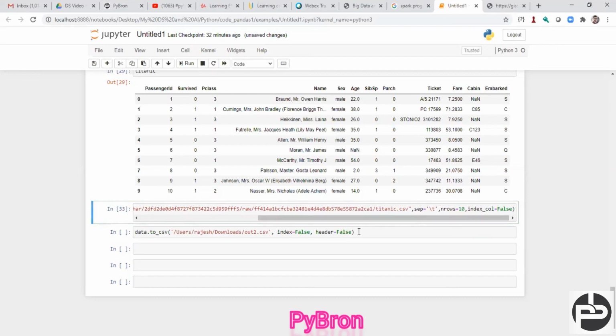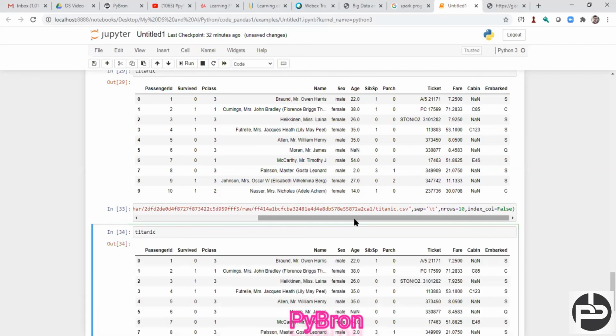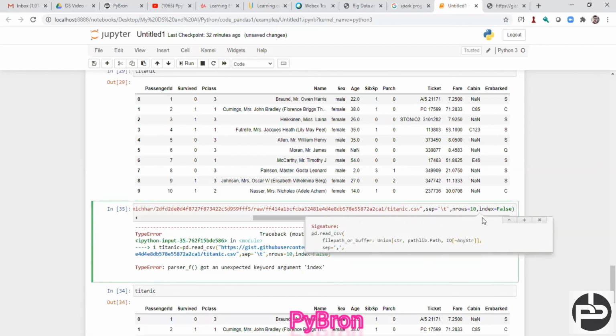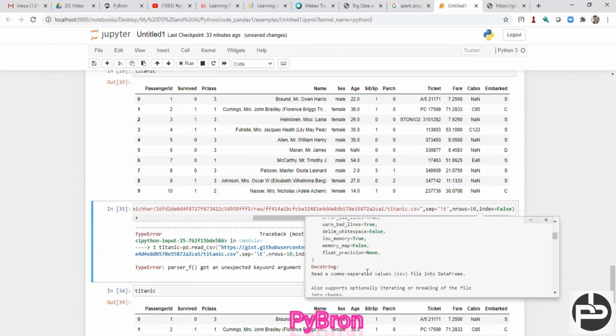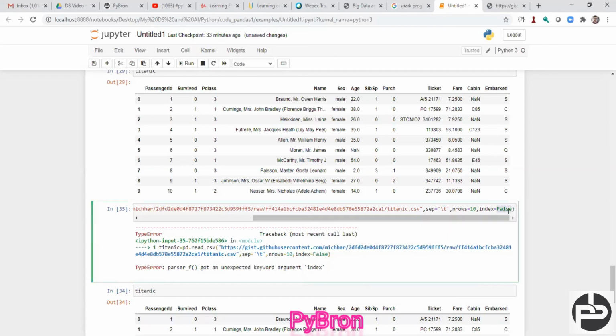And now if you see the Titanic data set, can you see this now? Okay, index column false, one minute, it is just giving an error. Okay, we'll see whether this argument is present or not. Okay, they removed this argument in the modern version of pandas, so we cannot use this at all.